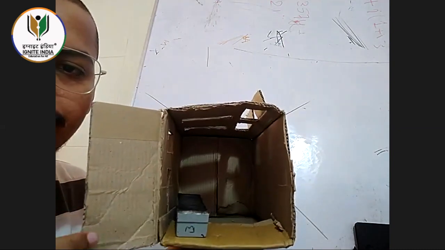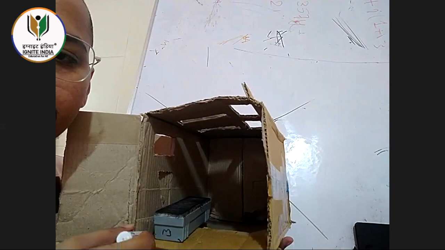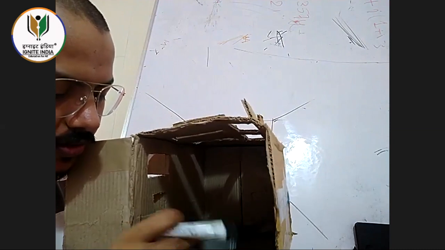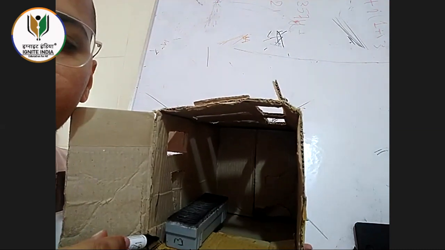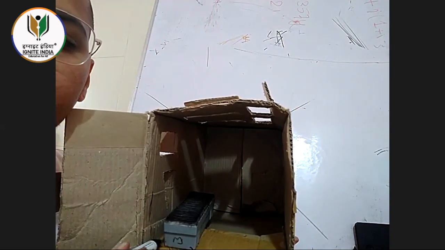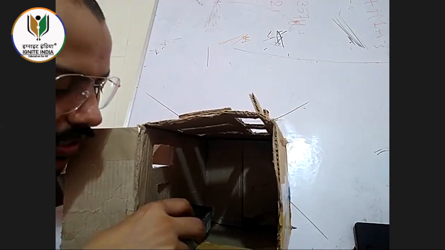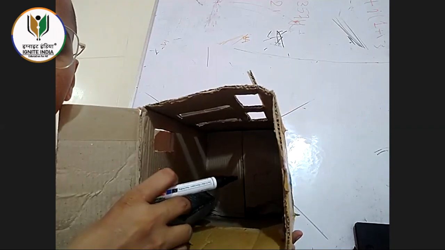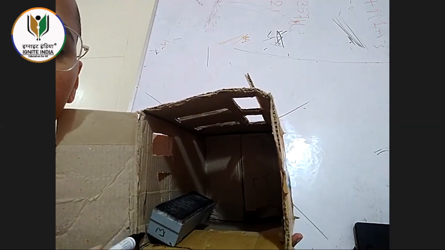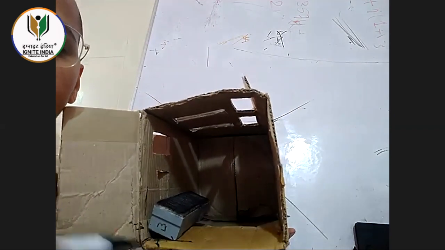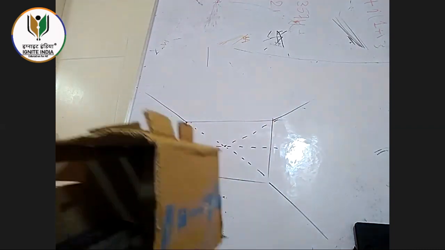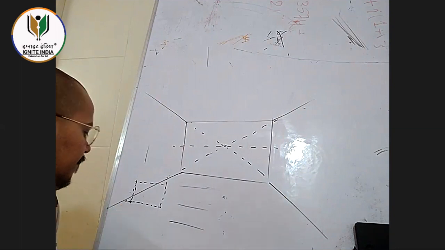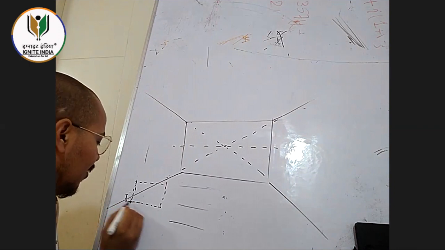Maintain this gap. Can you see the wall? This is the floor, and this is the wall. Now you see that there is a gap here, right? But if you don't create this gap and place it like this, it will look as if it is on the wall. Then this corner of the product is going to be here, not on the floor. So never make this mistake, okay? Always keep this gap, not on this side, but on the floor.